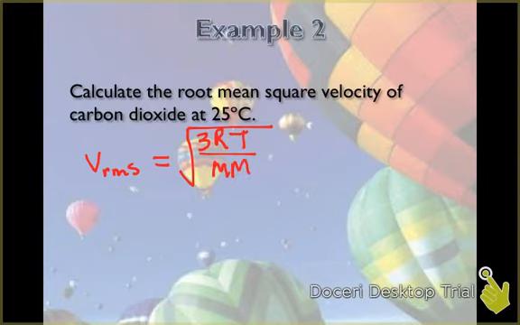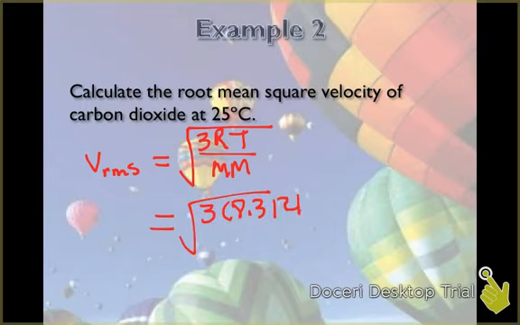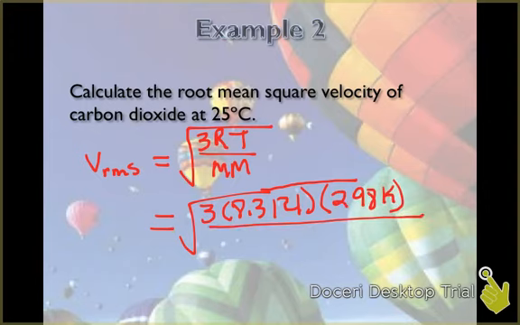All right, so we know our R is 8.314. We need to convert that temperature to Kelvin to get our units to cancel out in our R, so it's going to be 298 Kelvin. And we're going to divide that by our molar mass. So carbon dioxide, carbon is 12.01, plus 2 oxygens, which are 16, is going to give us a molar mass